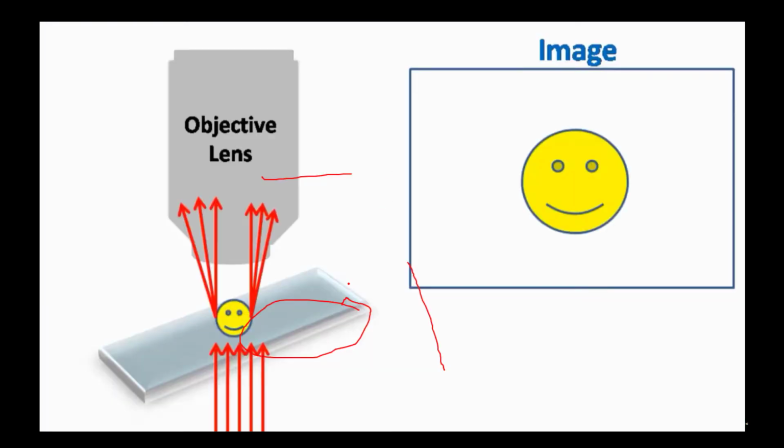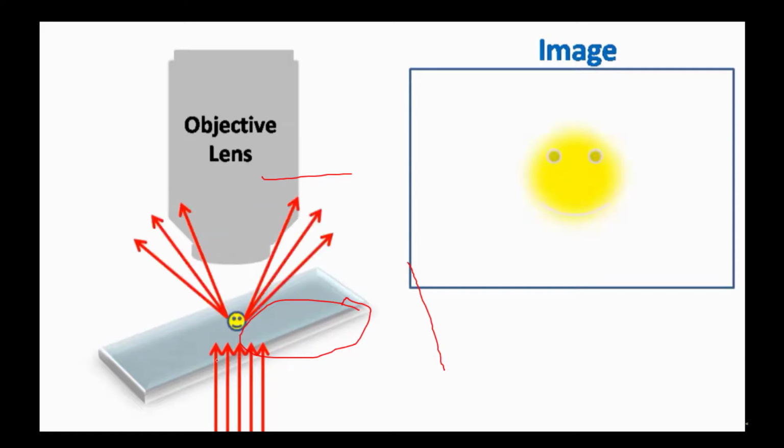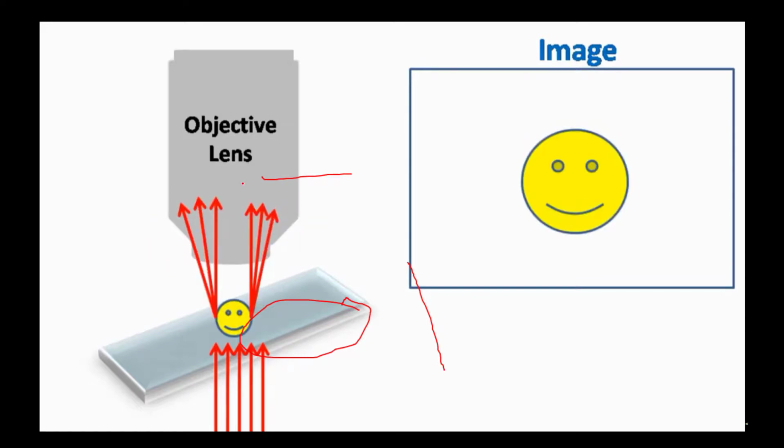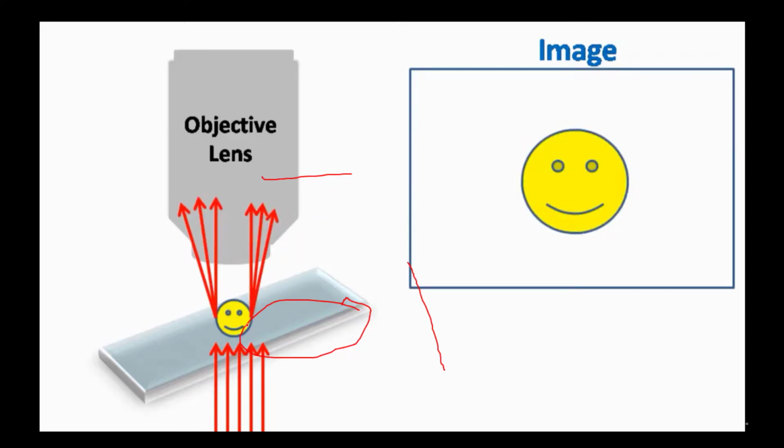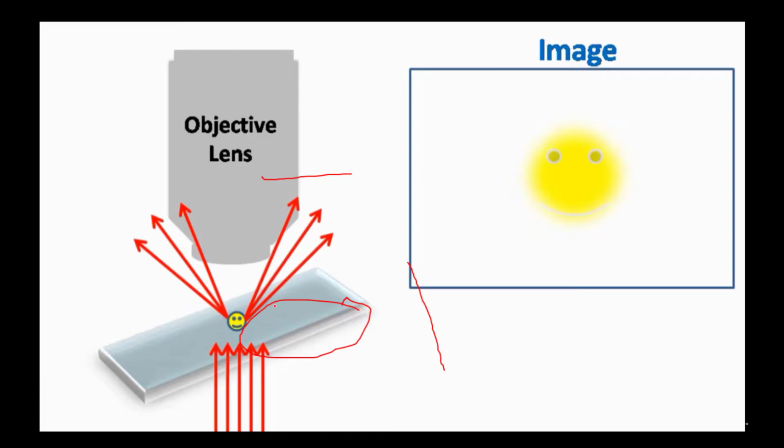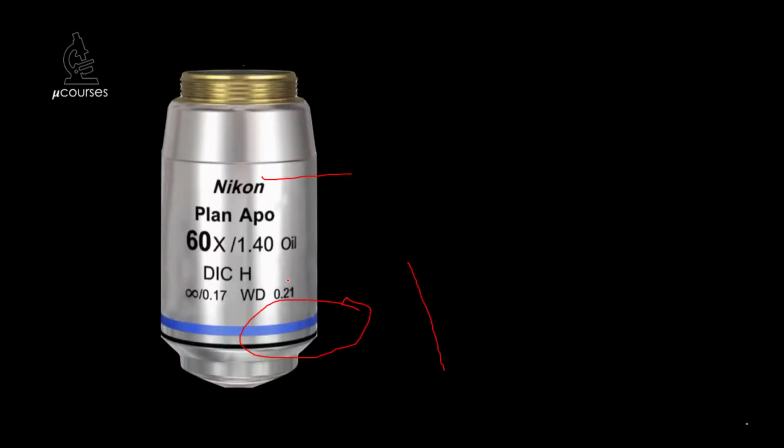So जैसे bend होने की वजह से what will happen, all the light rays will come, sometimes it will reach to the objective lens or sometimes they go away. Okay, so जब reach to the objective lens you will get the good image here. यहाँ पे अच्छी इमेज आएगी. जब बाहर जाएंगे तो you will see the blur image like this. So this is a blurry. Okay. So ये जो outside में rays जा रहे, we can reduce this loss of rays by using the oil.